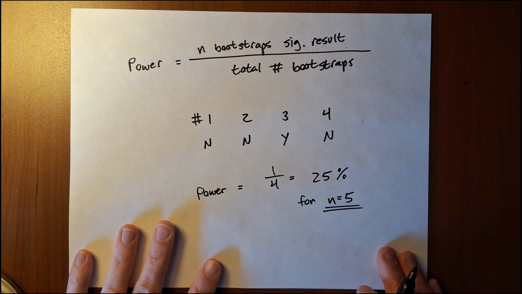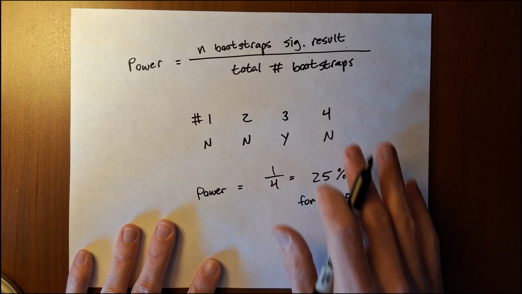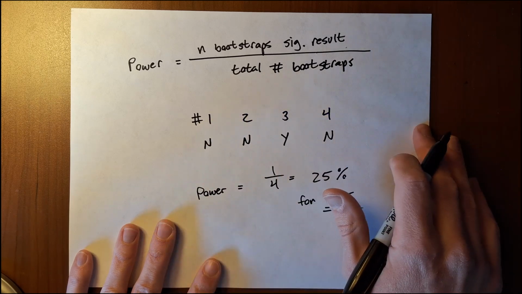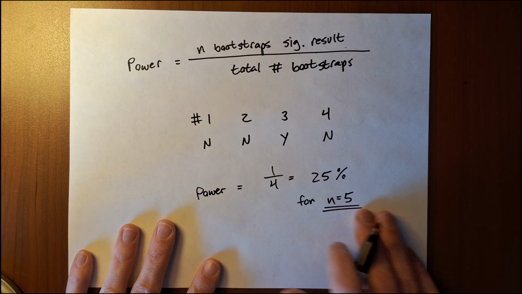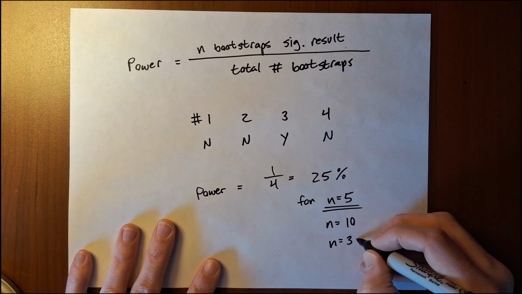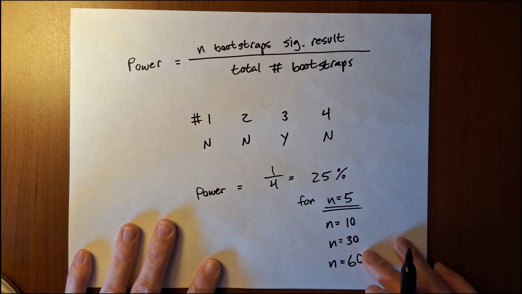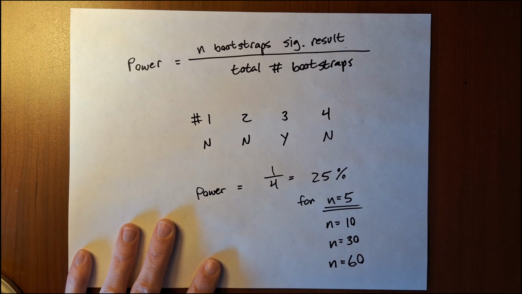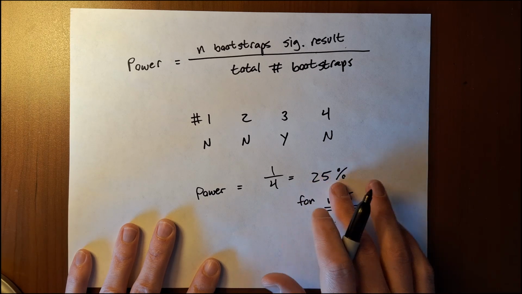We can do a couple more things here. We don't have to just use 4 bootstraps to estimate the power. We can do this thousands of times. And we don't have to just estimate it for n equals 5. We can do n equals 10, n equals 30, n equals 60. And if we repeat this whole process over and over and over again, we can zero in on exactly what is the sample size that would give us the power that we want. Usually we shoot for a power of something like